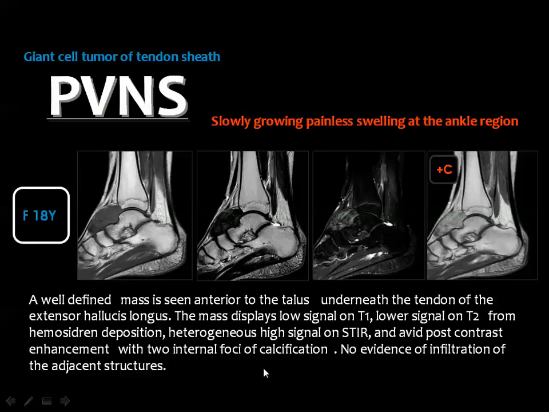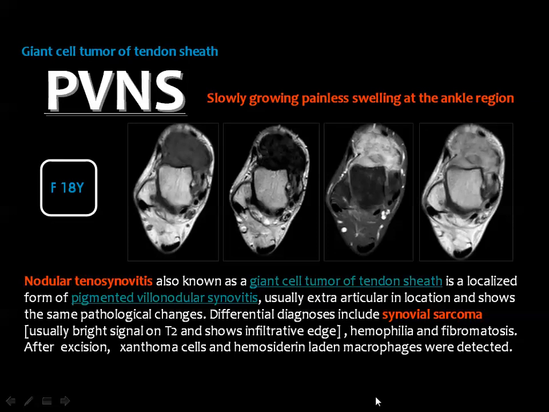Another example of pigmented villonodular synovitis in the ankle joint: low to intermediate signal in the T1, dark signal in the T2, some increase in the signal in the STIR images, and almost homogeneous contrast enhancement. This is another example of pigmented villonodular synovitis in the anterior aspect of the ankle. You see the intermediate signal in the T1, dark signal in the T2, and bright signal in the STIR images,